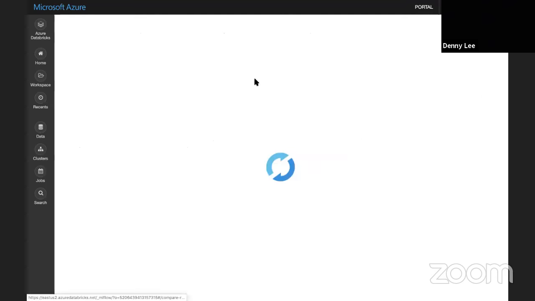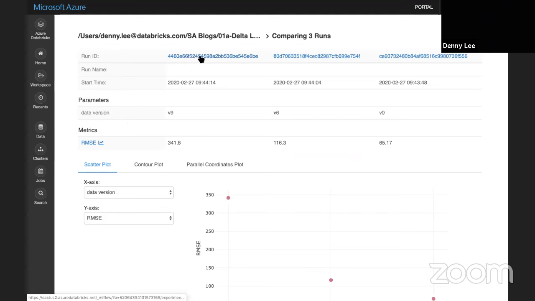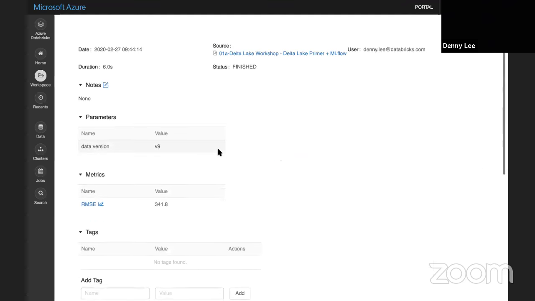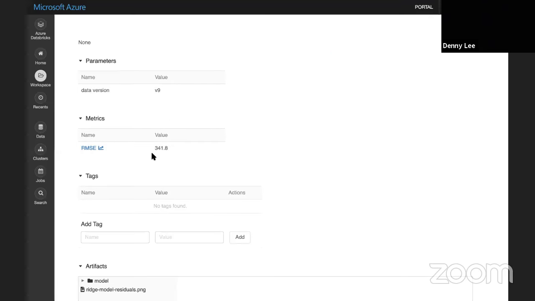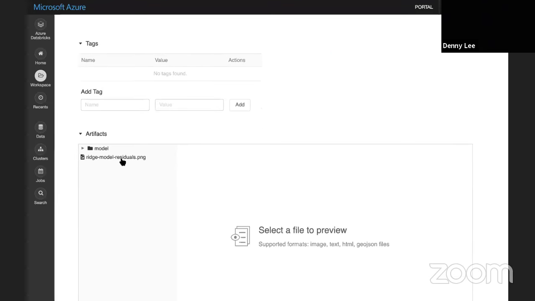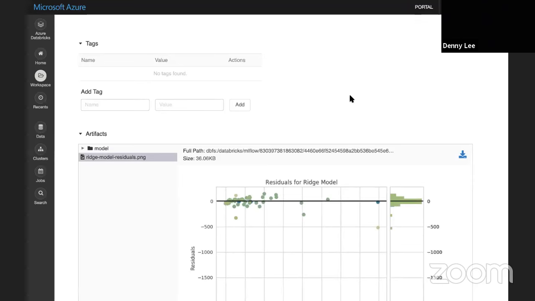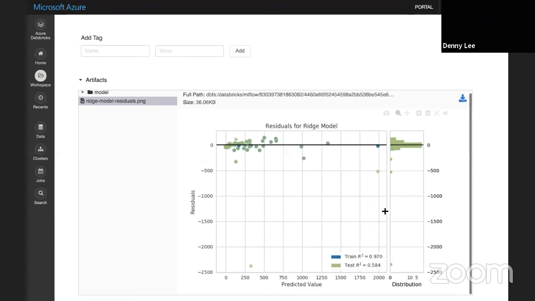But what I also like about working with MLflow is that, for example, I'm looking at this one, version 9, right? So I can tell the RMSE is horrible. But I also went ahead and used Yellowbrick, and I looked at the residuals, and right away I can tell. Okay, by the way, train basically means the V0 data, and test means the V9 data. The training data R squared is 0.97, so that is actually not bad, but the R squared for my V9 data is really horrible, right? And so it's clearly indicating the drift here, the changes to the data.